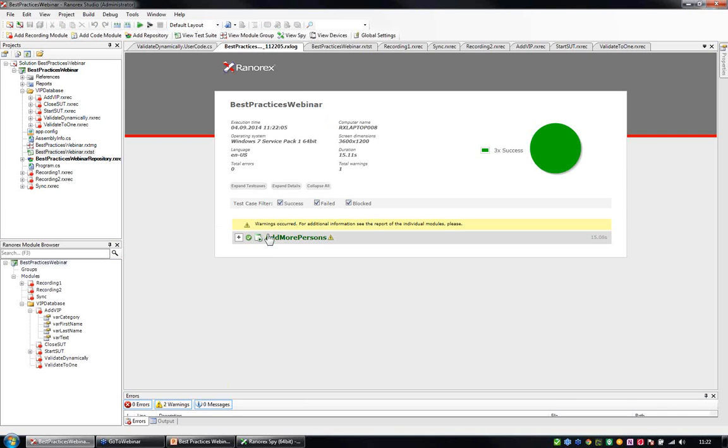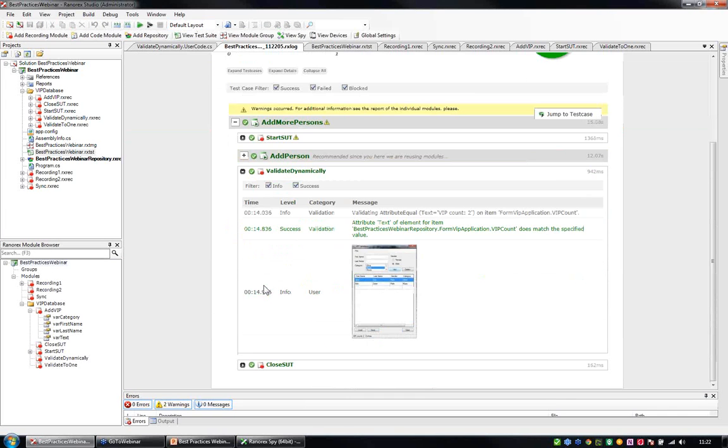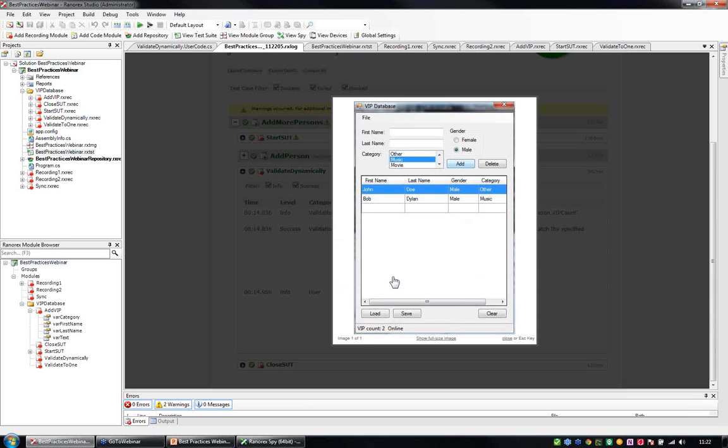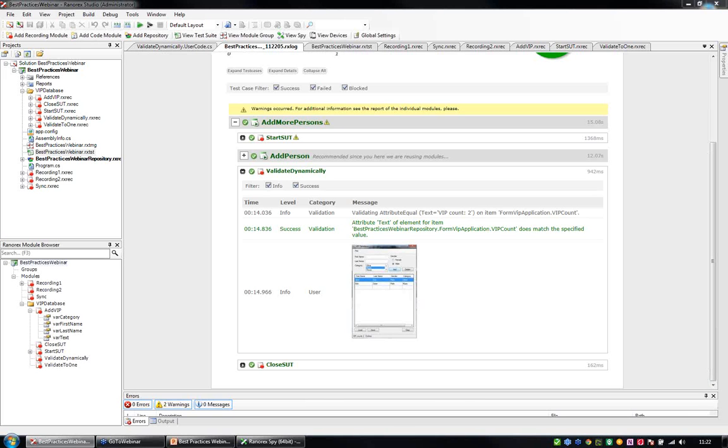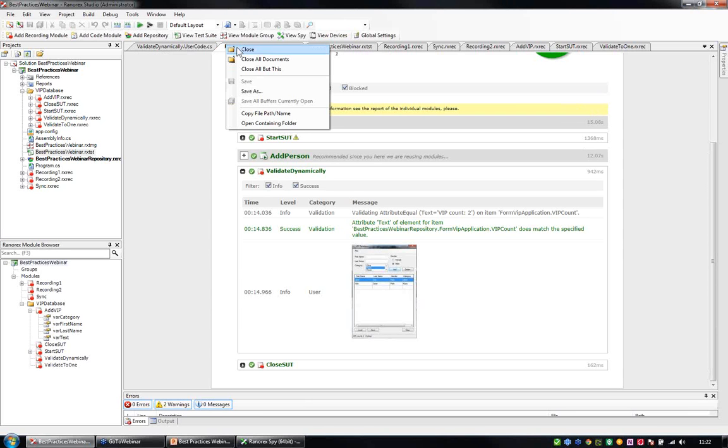And there we go, it's everything green, and my validate dynamically validates against VIP count 2, and here we have also a screenshot of the application after the validation. Alright, so that was how to fix errors, how to solve errors, how to identify what the error is about,